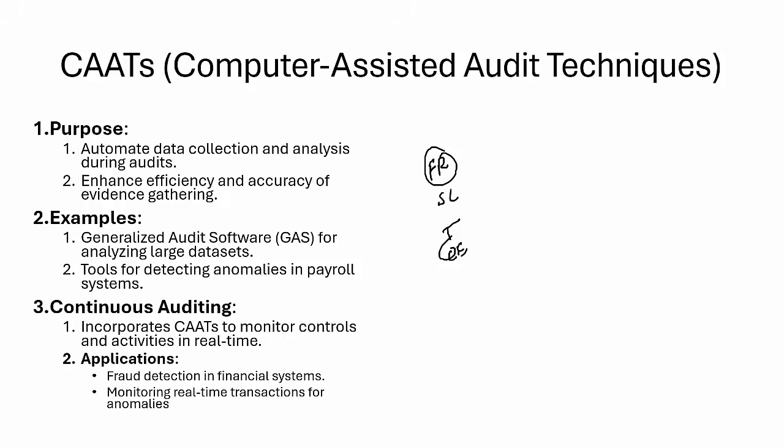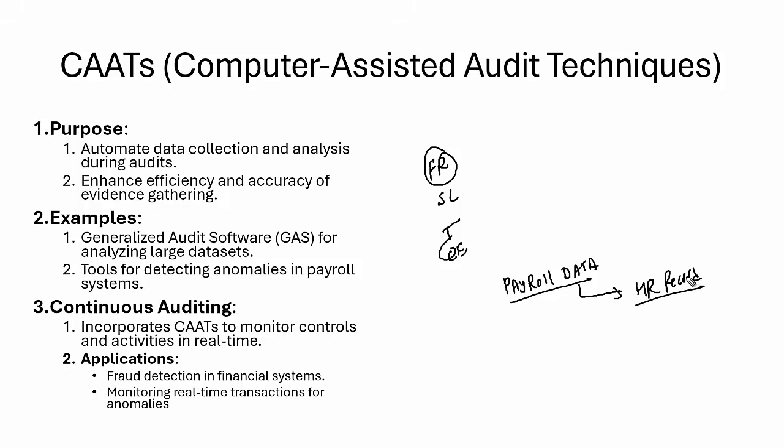One thing is that we have some key functions. Let's say, for example, today I want to investigate Windows logs. I don't have the expertise to investigate file by file. So with the help of a CAT tool, the tool will scan the applications, analyze the logs, and provide me a set of information. So I will explain how CAT works. Let's say, for example, I'm an auditor. I want to match payroll data against the HR records.